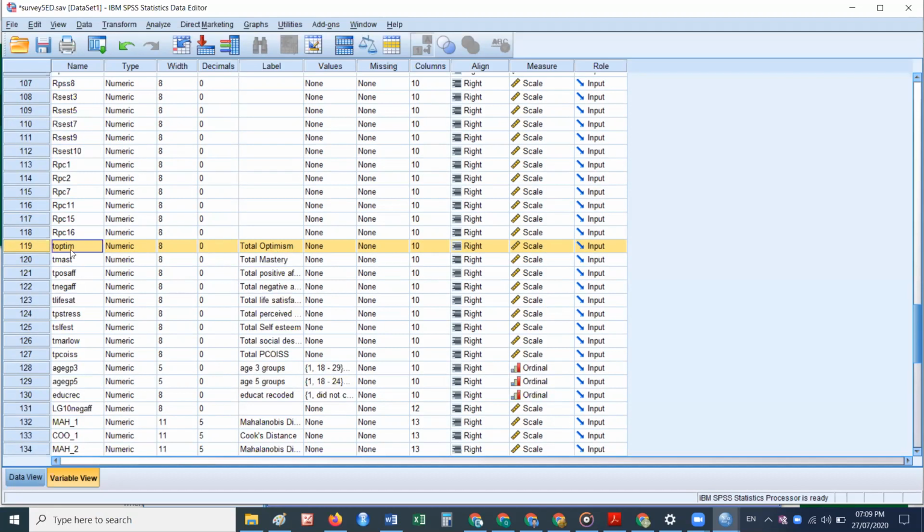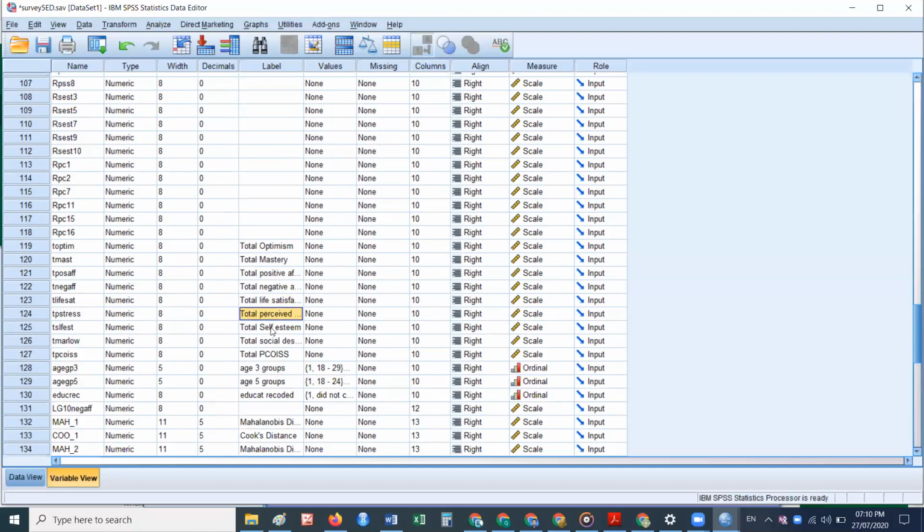Total optimism is one variable. TOPTIM is a variable in which we have total optimism. TMAS, total mastery control. Mastery control means how much the person has control over events. These are the different variables: total positive affect, total negative affect, total life satisfaction is a score. This data is recorded on the Likert scale. Life satisfaction, how much the person is satisfied with his life, is recorded on the Likert scale.